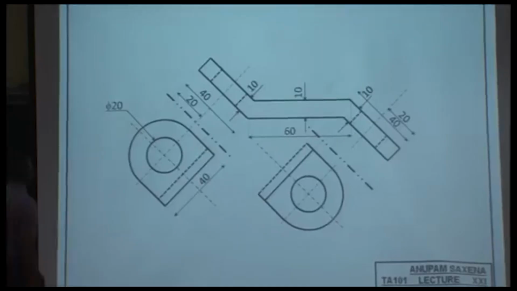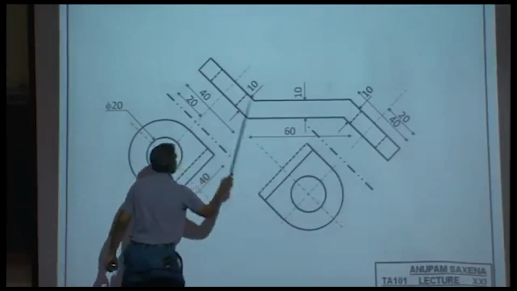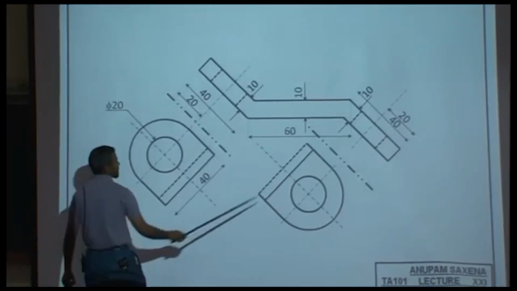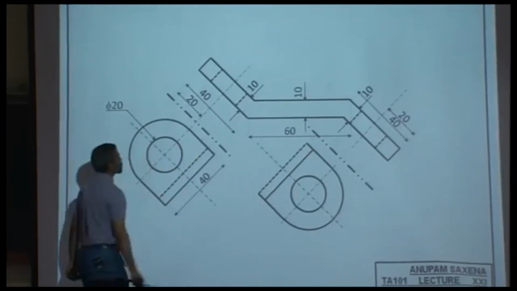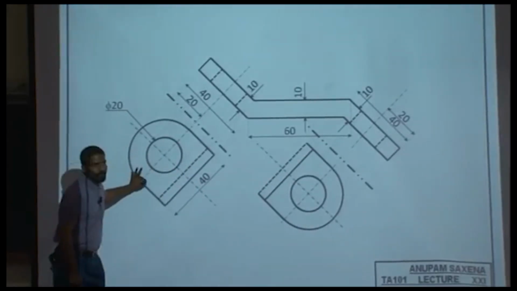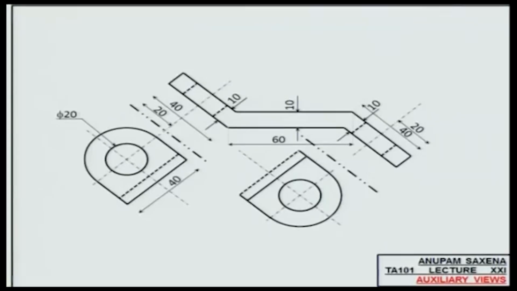So this is the front view of the object. This is auxiliary plane 1, auxiliary plane 2, and it looks like I will be able to show the two shapes only using auxiliary planes, not otherwise. Now the question is this: